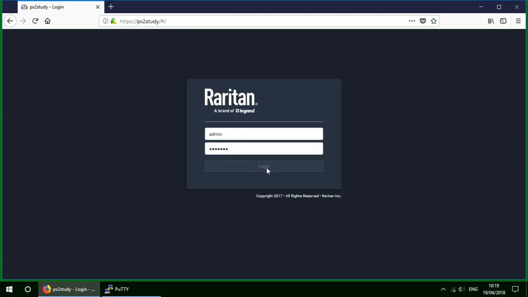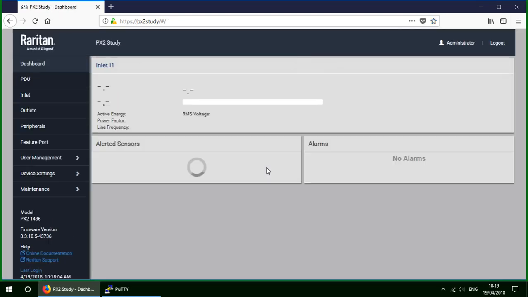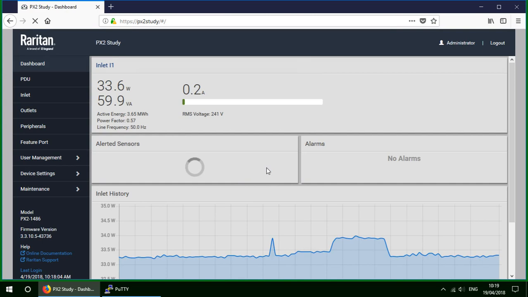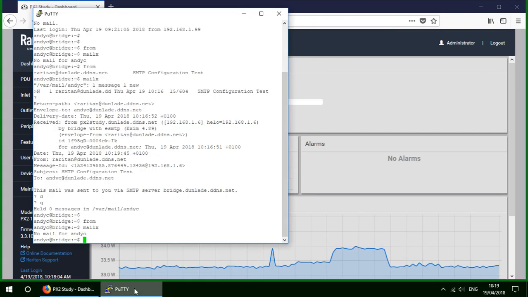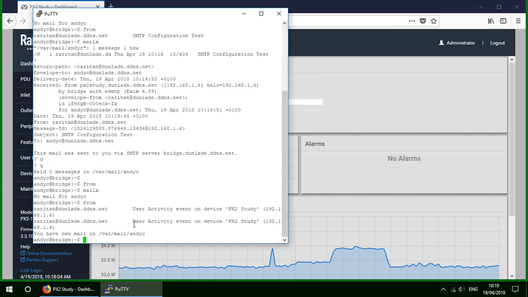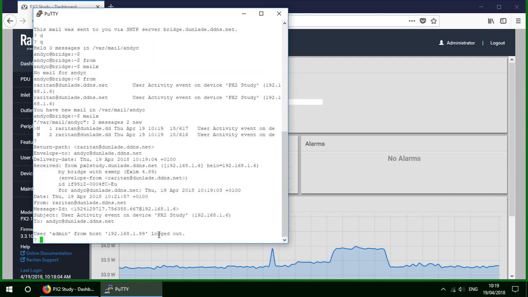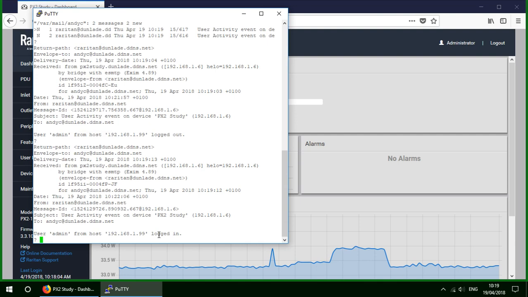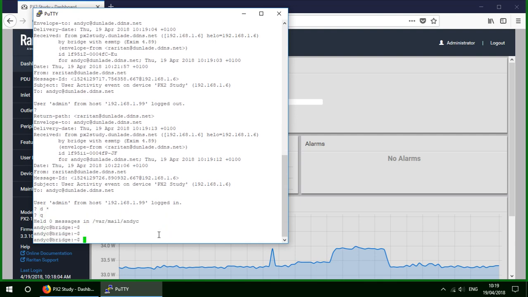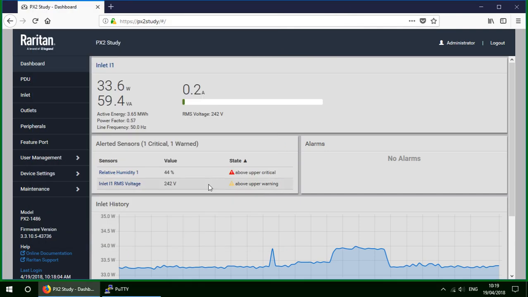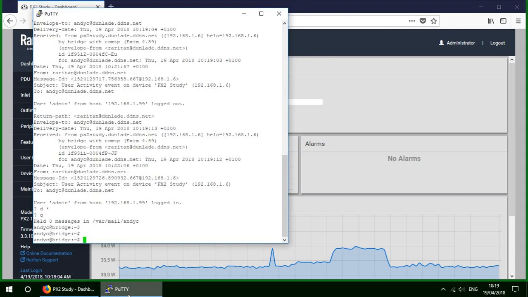Now the reason I'm doing this is because logging in and logging out of a PDU creates an event, a login event and a logout event, funnily enough. So if I now go back to my system here and type from, I've now actually received two new messages about user activity, and I'm also just given a message here. So if I type mailx, I've now got two messages. If I read the first one, user admin has logged out. Read the next one, user admin has logged in. Let's get rid of those messages. So that's great, we've got the PDU sending emails,